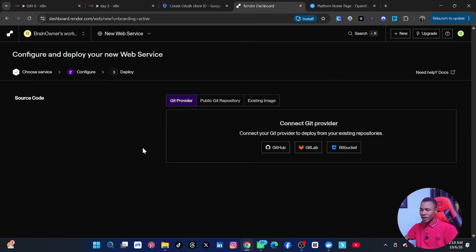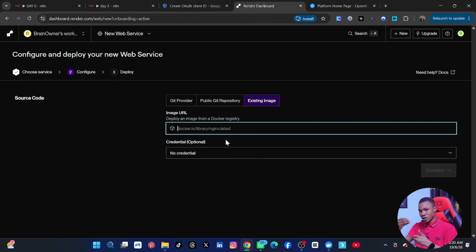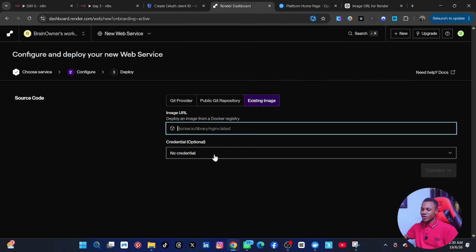Is that okay? So when we click on that web service, it brought us here. All right, so we don't need Git provider, we need existing image. If you notice, when we were building our Docker, we went to an image, and there was image and volume and we created something. So that's why Render also works with existing image, and not public Git and all of that. So here, we have to put our image URL, and then we have to put our credentials. Is that okay? To put your image URL, I want you to type this